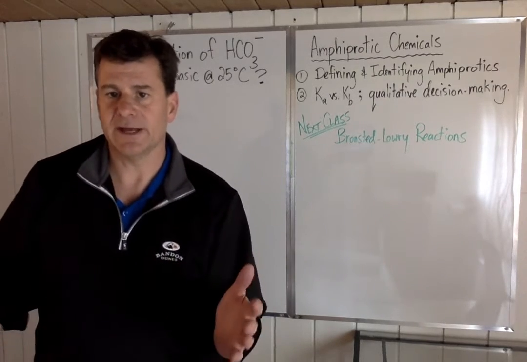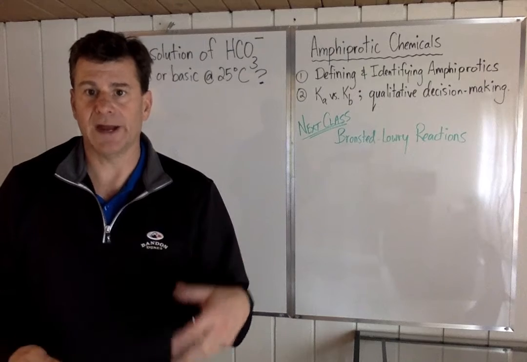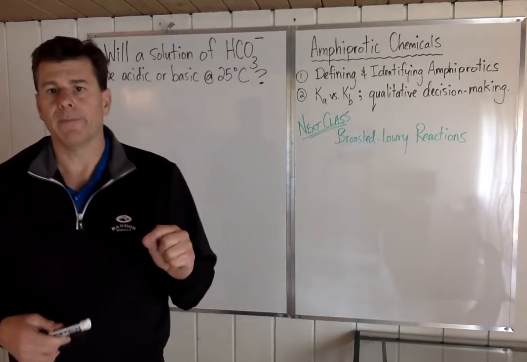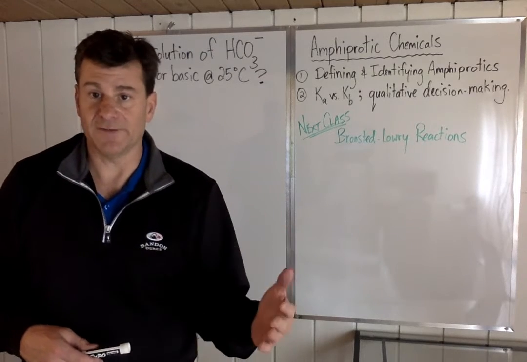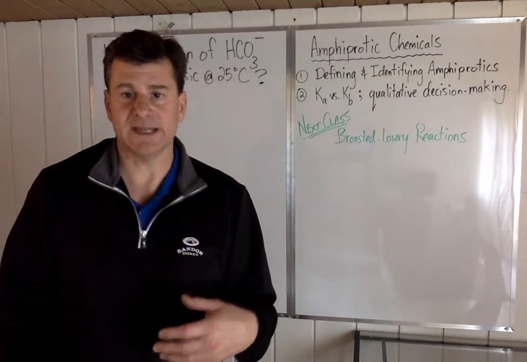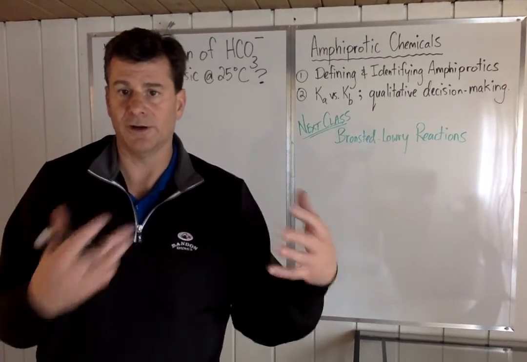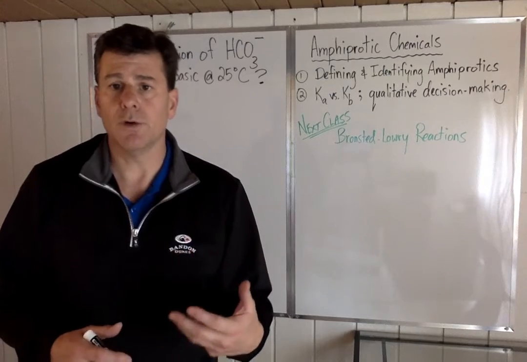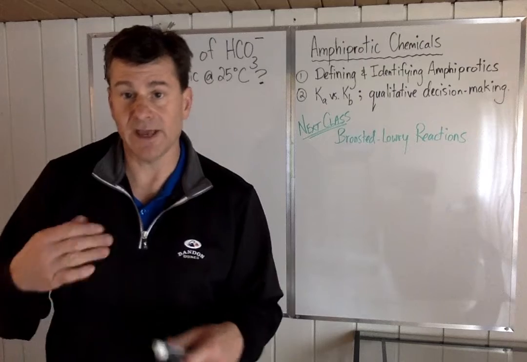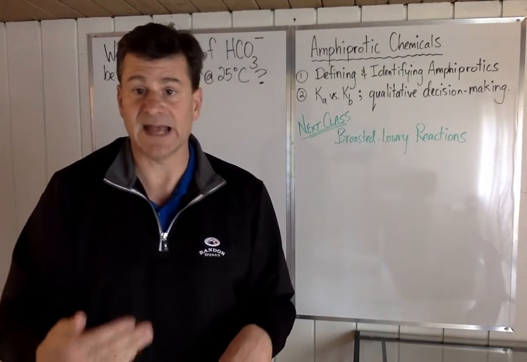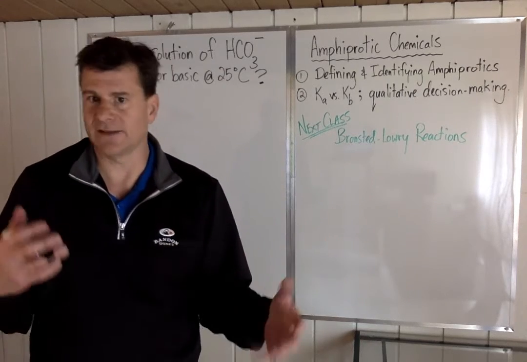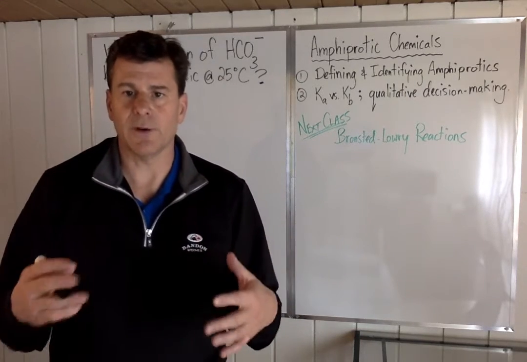And you look at it and you say to yourself, okay, HCO3 minus has a hydrogen on the left-hand side. It can be an acid. And it's got a negative charge, and it's not the conjugate of a strong acid. So HCO3 minus has both acidic and basic properties, certainly in the formula and on the surface. So to answer this question, you're going to say to yourself, if HCO3 minus is acting as an acid, the strength with which it does that, kind of like relative